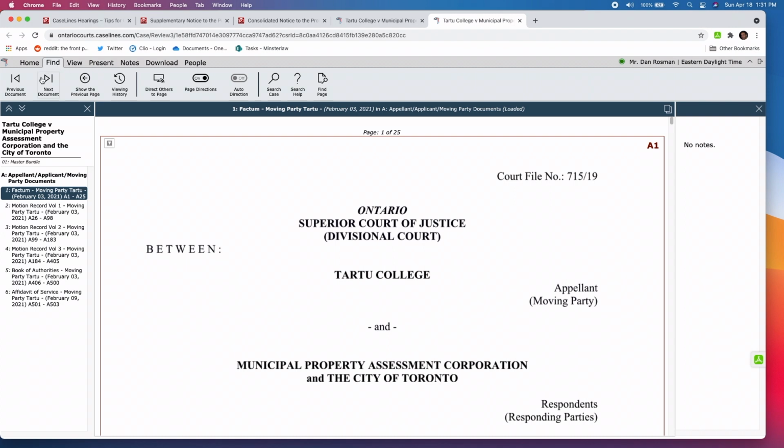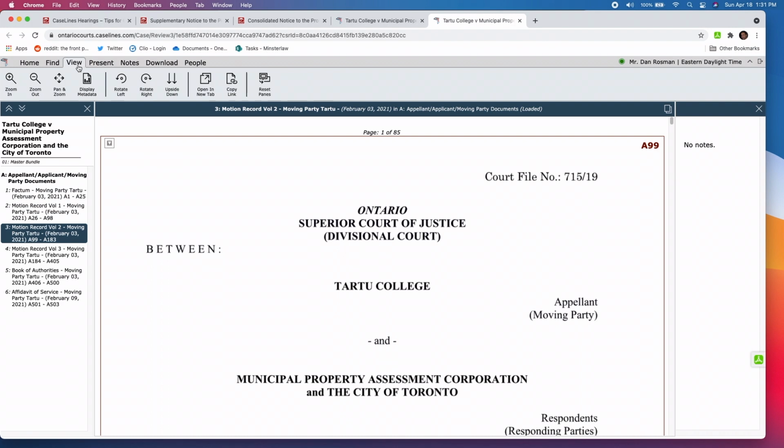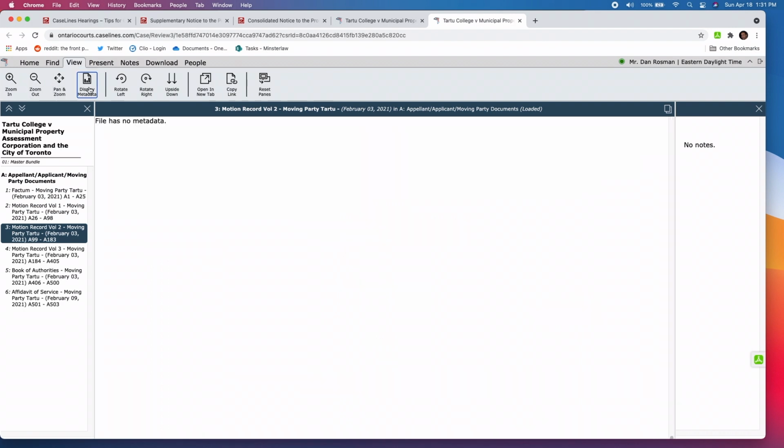I mean, the first one is pretty straightforward. It's Find. It'll help you navigate through the documents. As you click, it'll take you to another document. And you can play with those to learn them. View is zoom in, zoom out, things like that. You can also display the metadata in here for some reason, which, if that's important to you, you can look